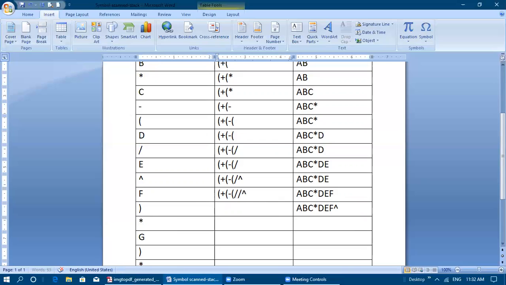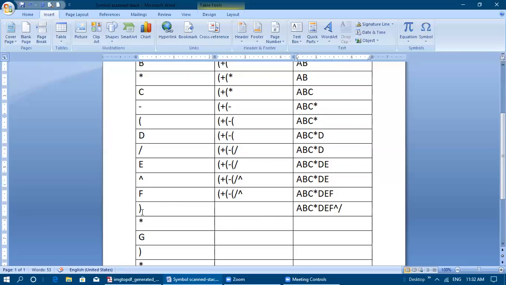We use the slash after the cap because you are popping from the top. What is the operator placed at the top of the stack? Cap only. So cap is moved out first and added to Y, and then you pop the next operator, the division operator, when this right parenthesis is encountered.